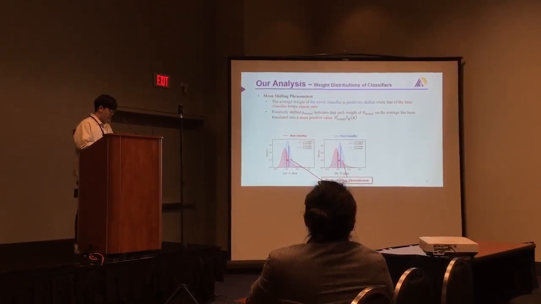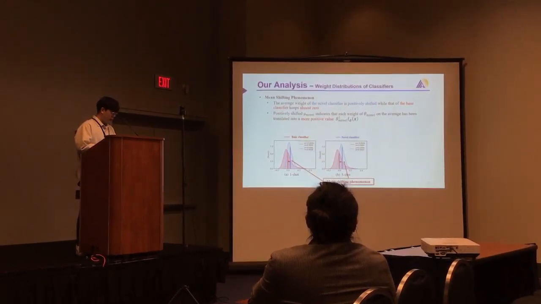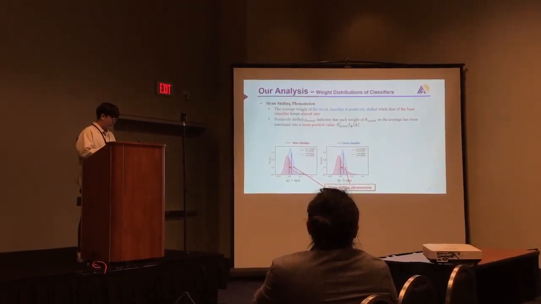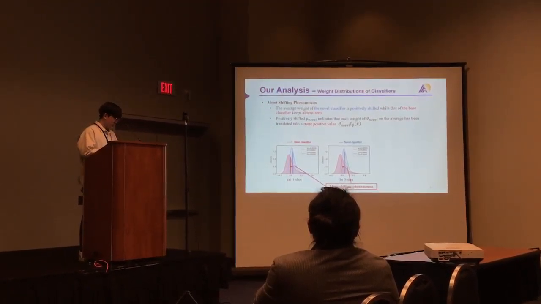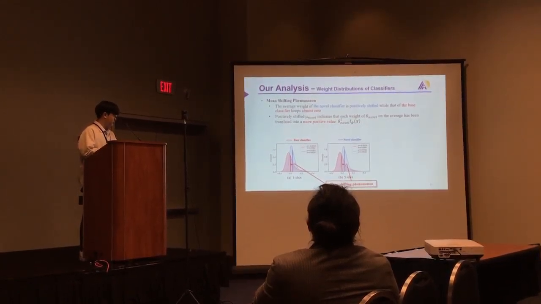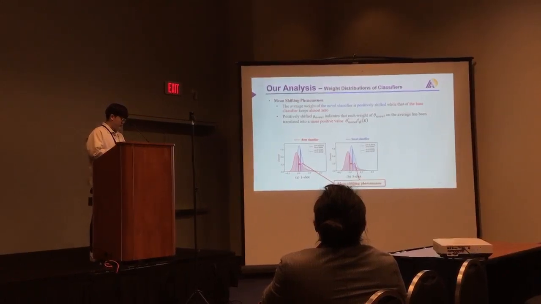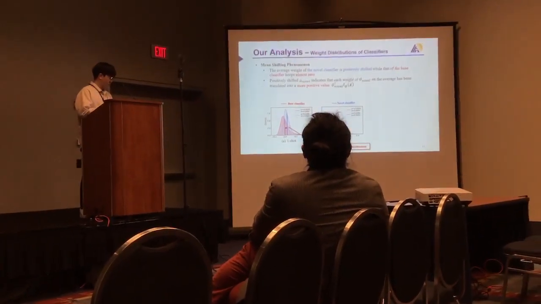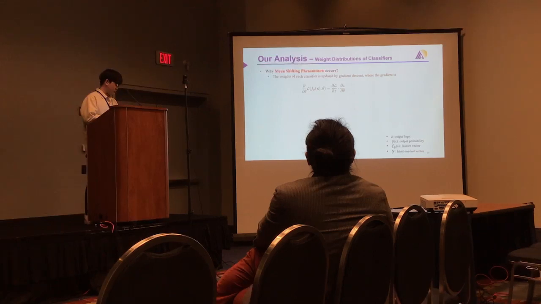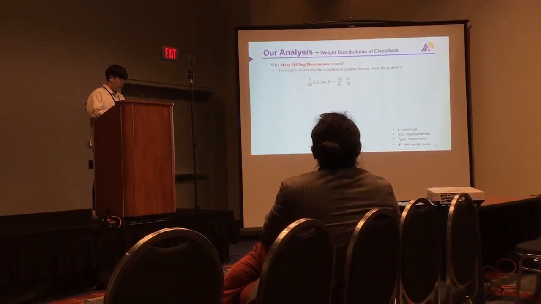What we find in this work is the mean shifting phenomenon, which means, as you can see, even though the variance of novel classes is smaller than the variance of base classes, the distribution entirely shifts in the right direction from the distribution of base classes, which means novel classes have more positive values. This mean shifting phenomenon, we find, is actually the critical reason for the biased novel classifier. So why does this mean shifting phenomenon happen?